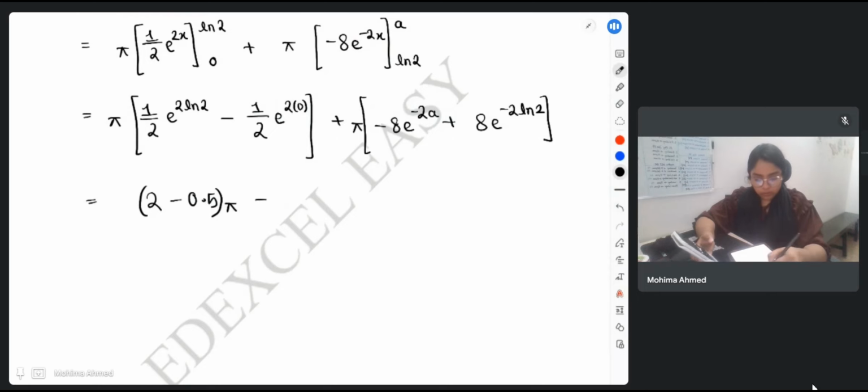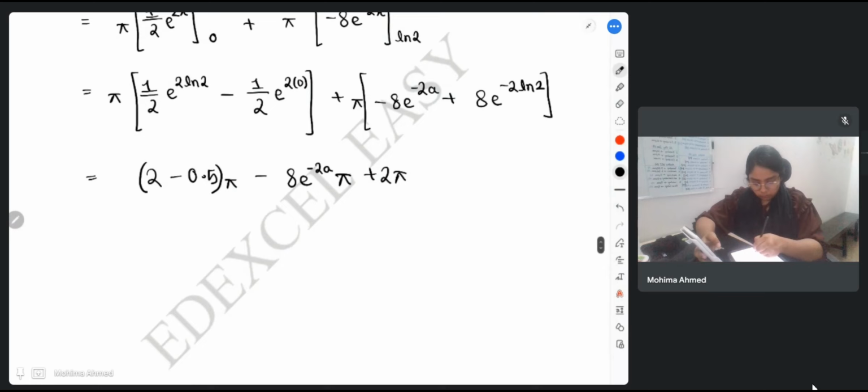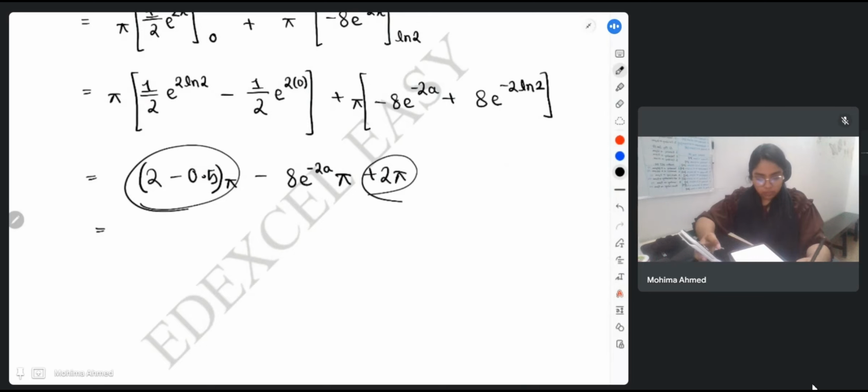This is multiplied with pi, and on the other hand, minus 8 e power minus 2a, right? That is going to be minus 8 e power minus 2a pi, and then again this one would be 8 e power minus 2 ln 2. This is positive 2 in that case. So now you get positive 2 pi over here. So from the first part, 2 minus half is going to be 1.5, and with 1.5 you can add this 2, right? So you get 1.5 plus 2 is 3.5. So this is 3.5 pi